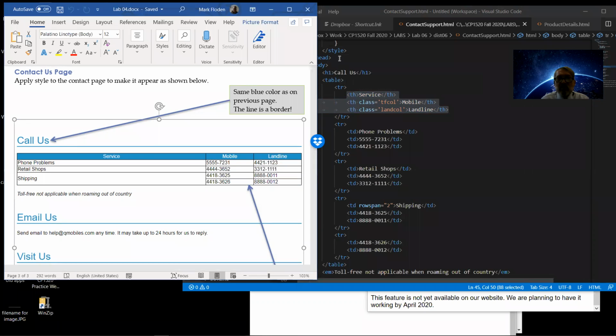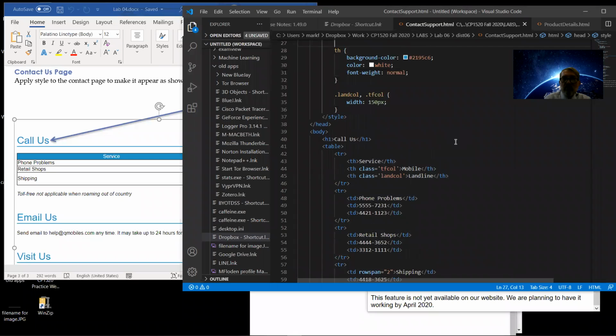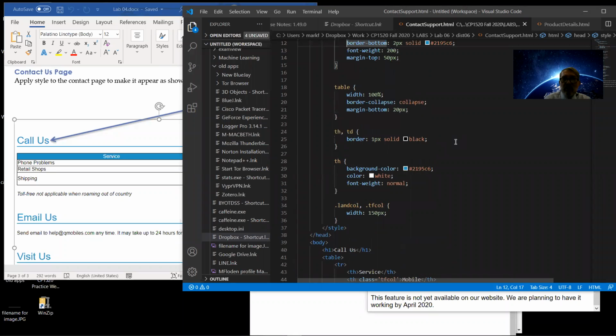But the mobile and the land column are going to be styled separately. And so that's how they look in the body of the table. But if you look at how we styled them,